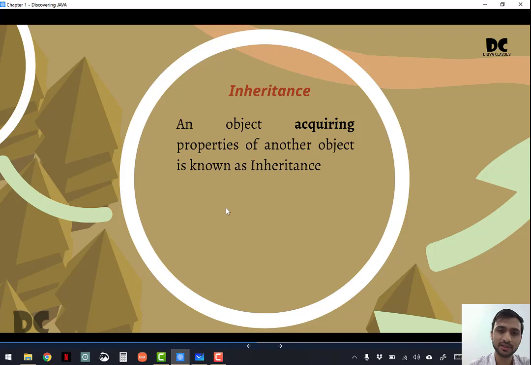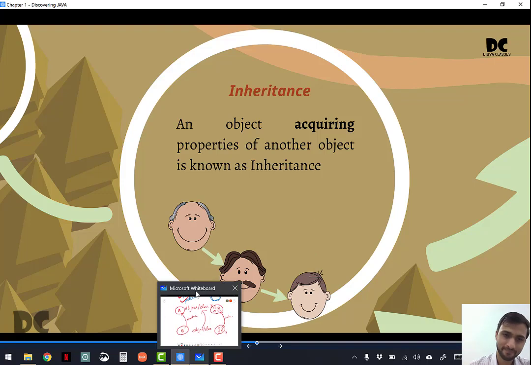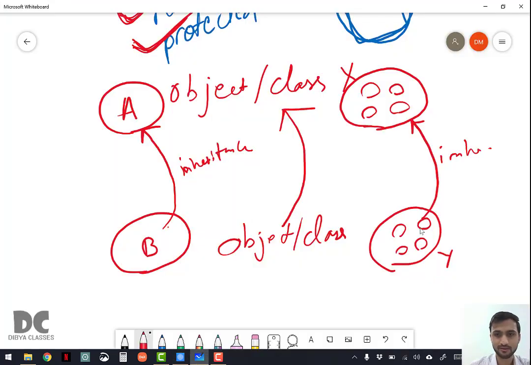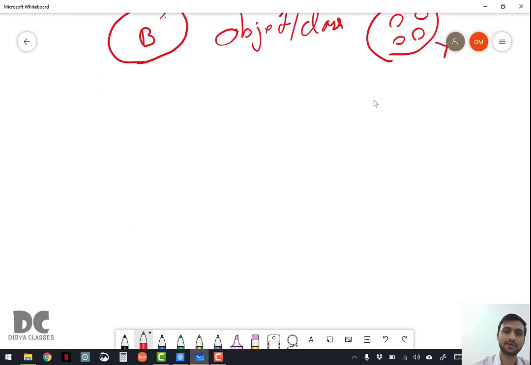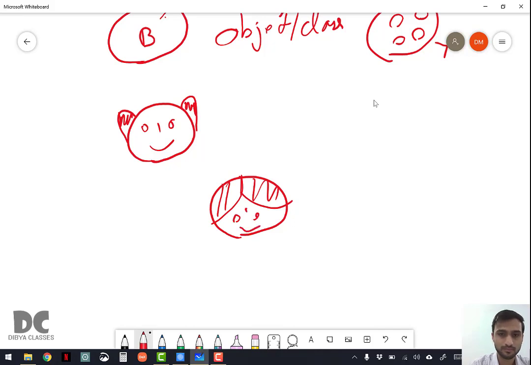And a beautiful example is grandfather, father, and child. Grandfather, your father, and you.